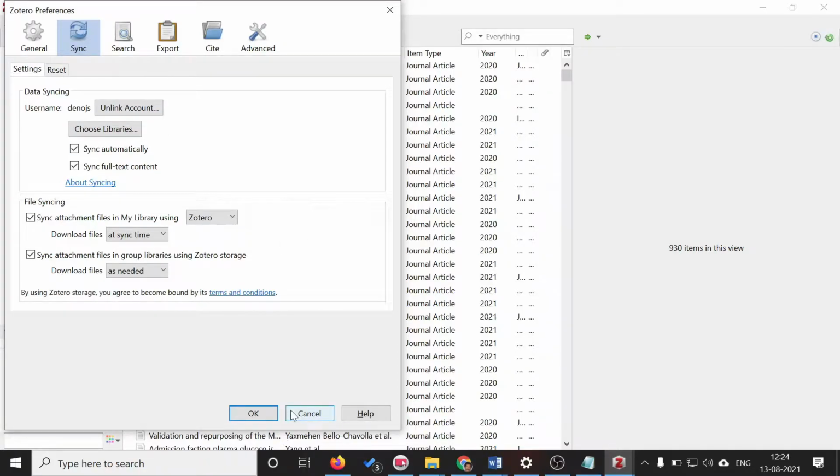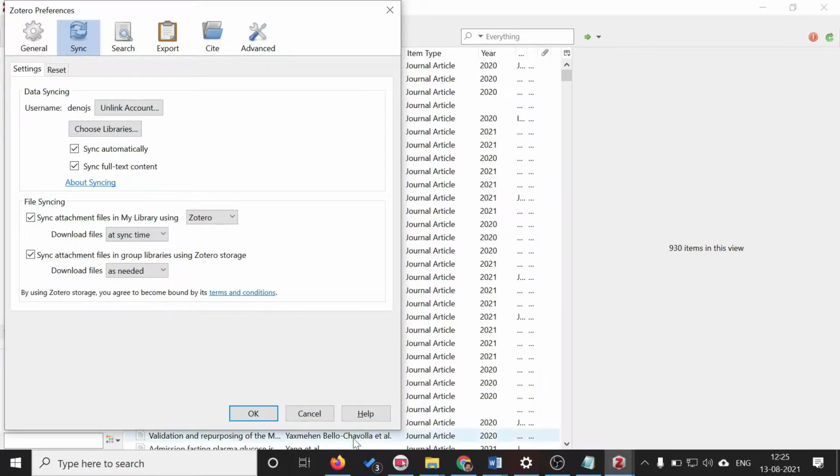So the first step is to install the software, then use the login credentials created in the Zotero website. Right now, I have connected the software with the user account Dinoges with the Zotero database of my own online account. So after installing Zotero, you need to connect it with your free account that is created in